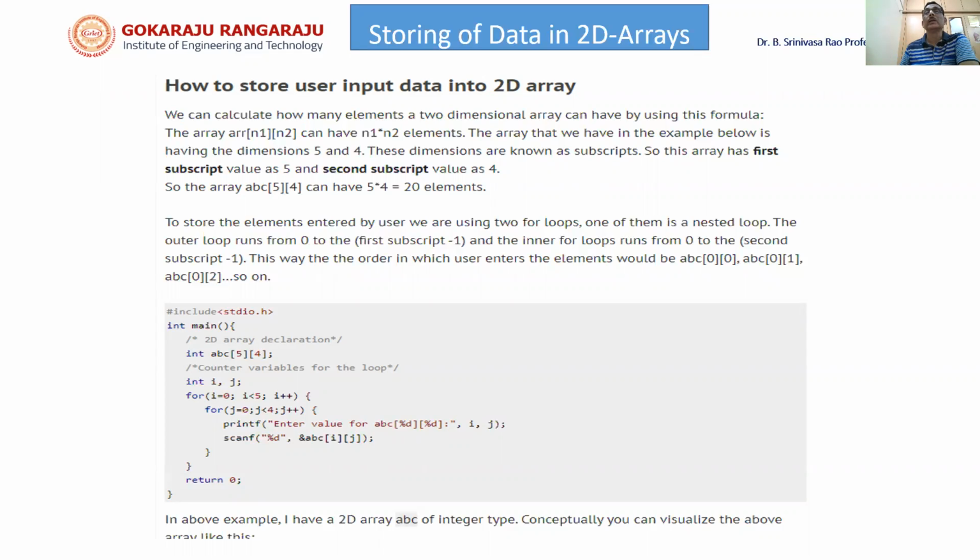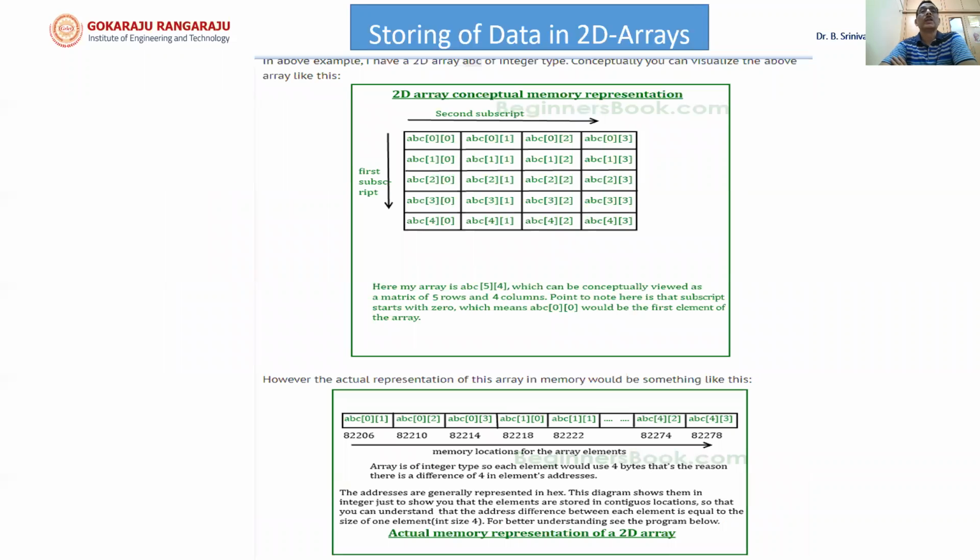Now, how are these values stored in the memory? Here we are seeing two blocks. The first block is our imagination of how the elements are stored, but the actual storage of data is given in the second block. First, let us come to the first block.